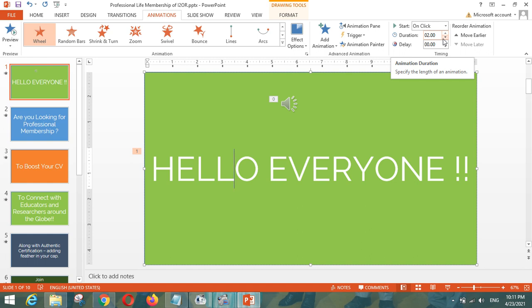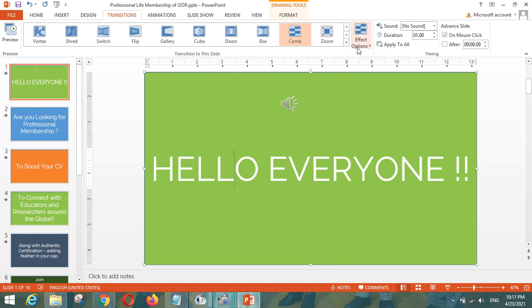If your whole slideshow is automatic, you can set the duration, and it will give the time equally to all the slides. If you have 10 slides and it is 2 minutes, then it will give 2 minutes divided by 10 slides equally to all the slides. So in this way you can apply animation specifically to every text, and in the transition you can apply a simple or a very complex transition to all the slides.